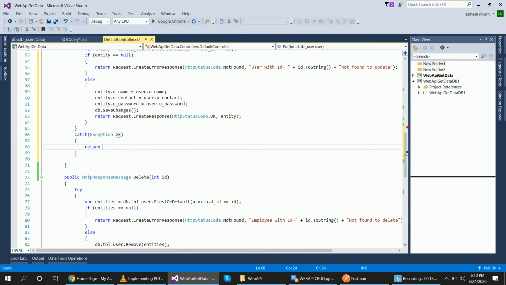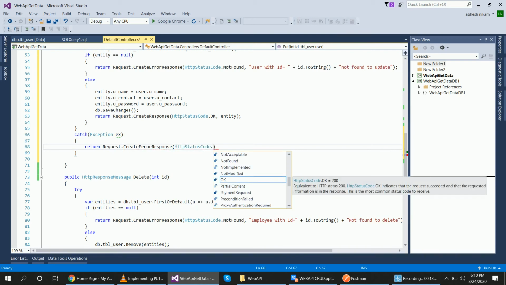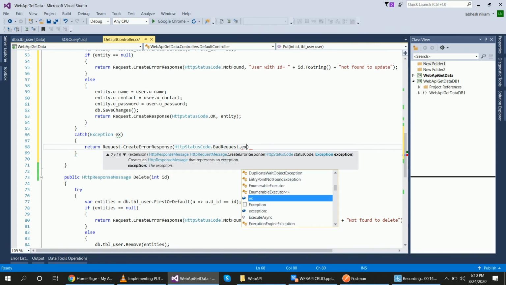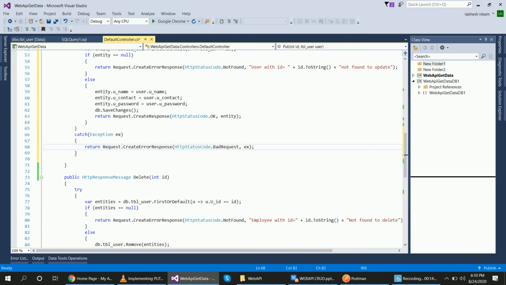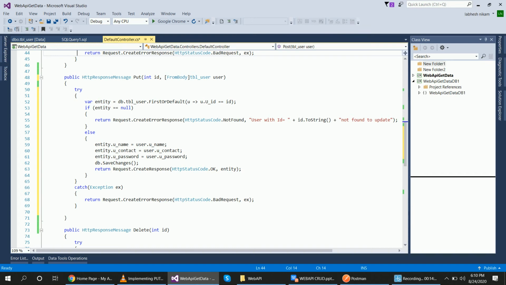Return request.CreateErrorMessage, not CreateResponse, HttpStatusCode.BadRequest, pass exception ex. Okay, now there is no error in the code, right? I have put HttpResponseMessage here and passed the if else code: if entity equals null, and if not null, then return the entity.